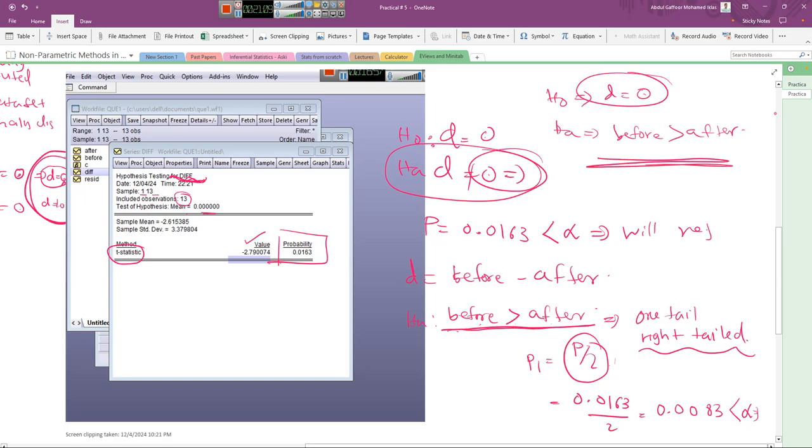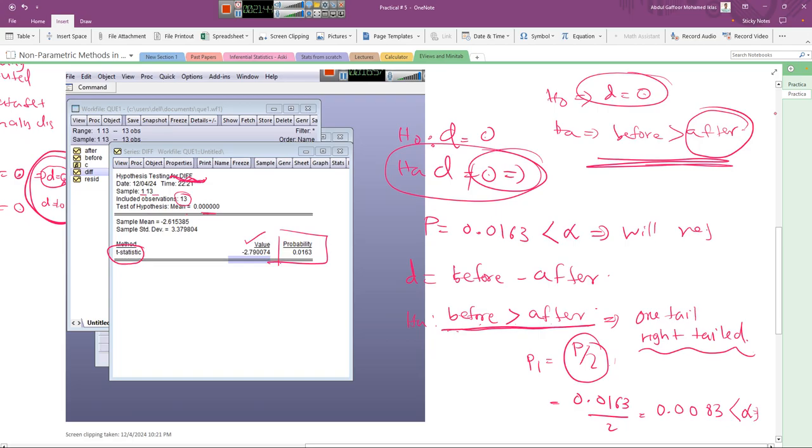So from this we can tell that after receiving the running program, the resting heart rate has reduced, so the program is efficient, right? So this is what we can conclude. So this is how we have to construct our null hypothesis and alternative hypothesis, and from the P value we have to statistically conclude that the resting heart rate has reduced after conducting